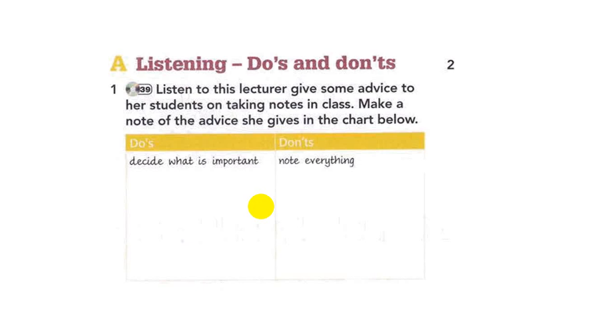Also, try to organize your notes effectively. Furthermore, you should try to be an active listener. By that, I mean you need to try and predict what the speaker is going to say. So before the lecture, ask yourself what you already know about the topic. And during the lecture, think about where the talk might be heading. Another useful tip is if you miss something, then don't panic. Lecturers usually repeat themselves, certainly the important information, for example by paraphrasing or in summary. Something else you should be sure to do is listen for the main ideas, as well as the details. Otherwise, you won't be able to see the wood for the trees.